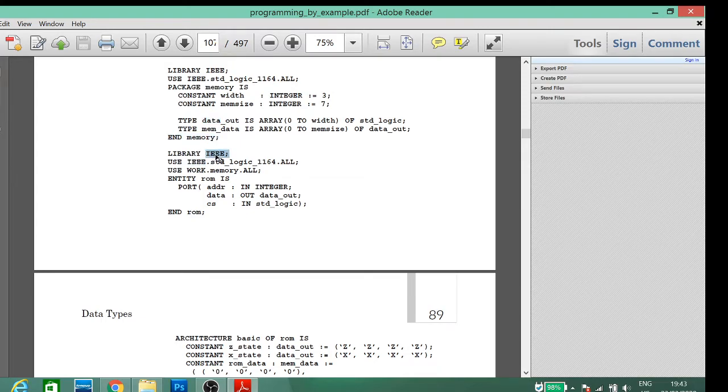Library IEEE use IEEE dot standard logic dot all, use work memory dot all. Entity starts with the keyword entity. Name the entity ROM, having a port adder in integer type, data out type, which is defined in the memory package, CS in standard logic. End of the entity ROM. Architecture by the name of basic of entity ROM is